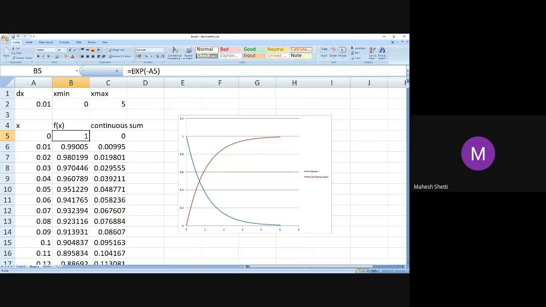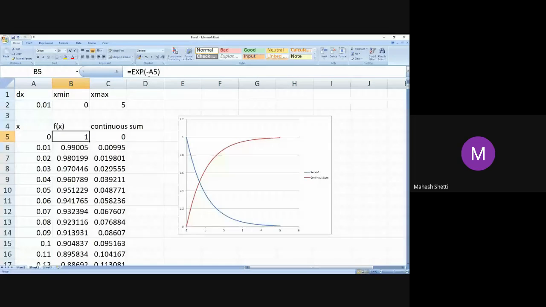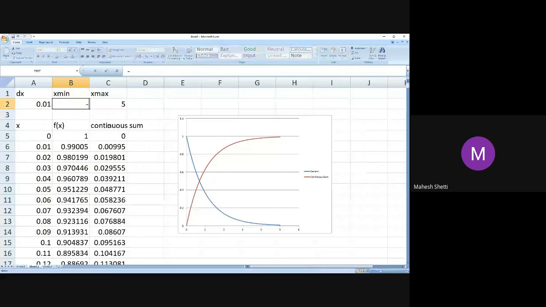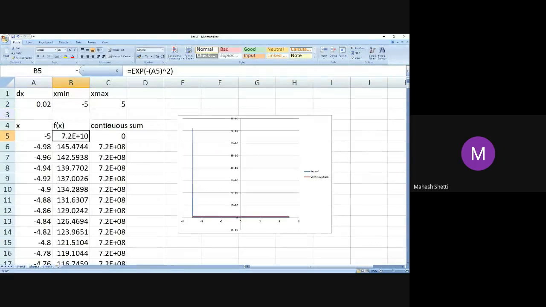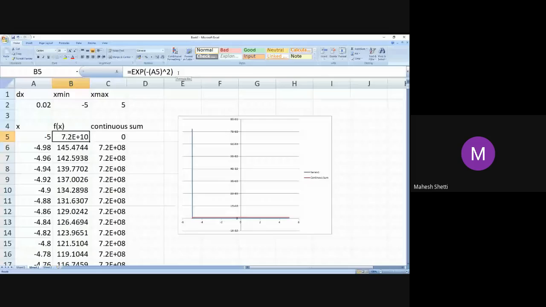And of course, you can play with multiple kinds of functions. Let me just quickly take one function, though we have overshot our time. e raised to minus x square. You know the e raised to minus x square function, and let me take symmetric intervals minus pi to plus pi, e raised to minus of x square function.